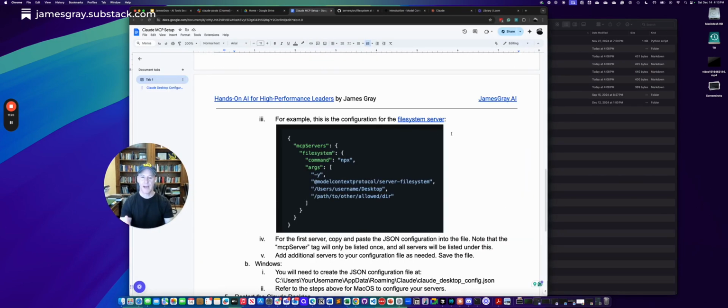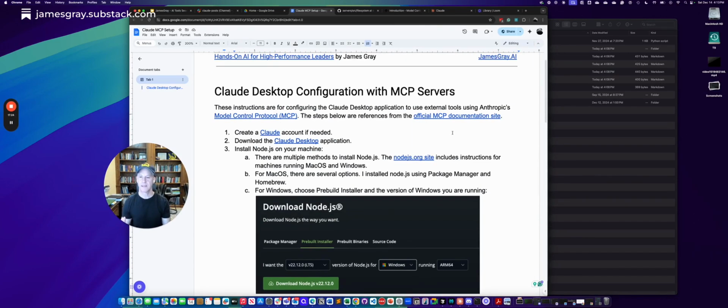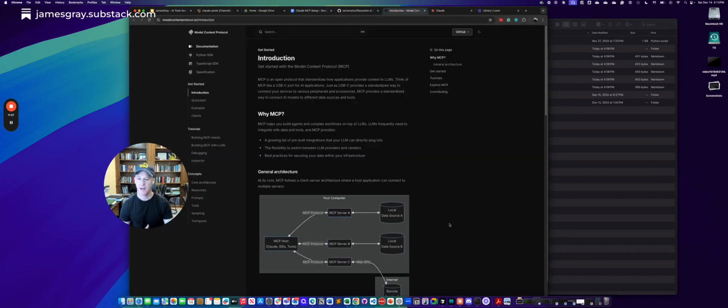So again, I'll give you access to this, and you can go through it line by line. It's fairly easy. I found that the instructions on the documentation site weren't very friendly for people who are not very technical. And my goal here is to enable those of you who are not very technical to be able to leverage the power of Claude as an agent to automate these tasks.